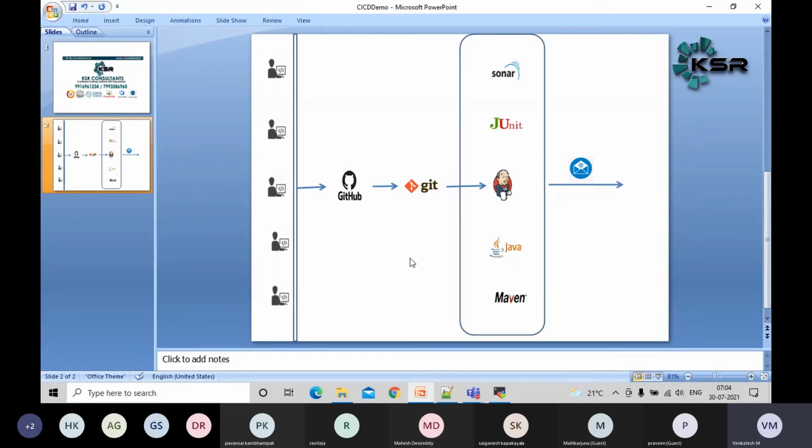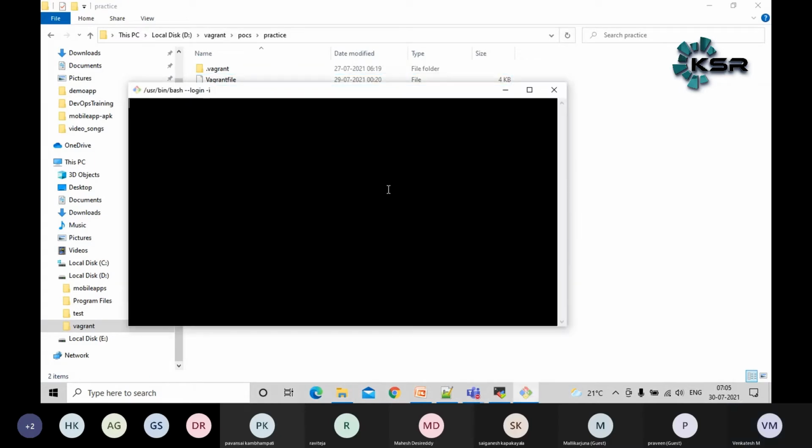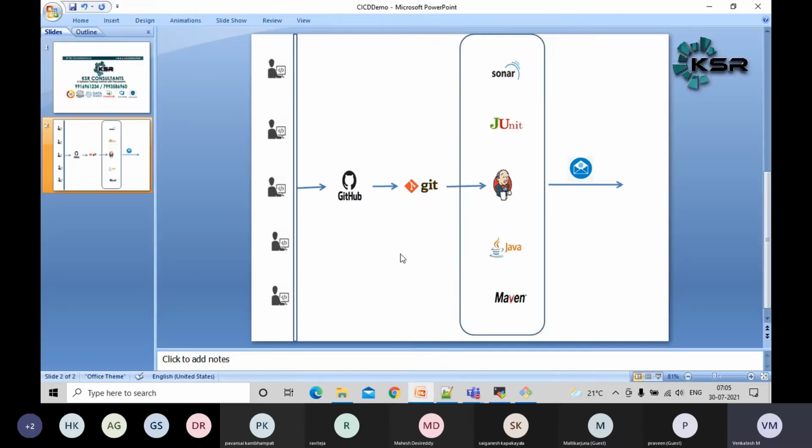Now if something happens, like a failure, let me log into the machine and I will cover that part. How to log in, guys? I need to go to my folder structure, right click, open Git Bash, then immediately I can spin up with vagrant up, that's it. If the VM was already up earlier, the old one will be started. Otherwise, it will create a new VM if it is a fresh start. Anyway, it will take some time. So meanwhile, let's come to our slide.